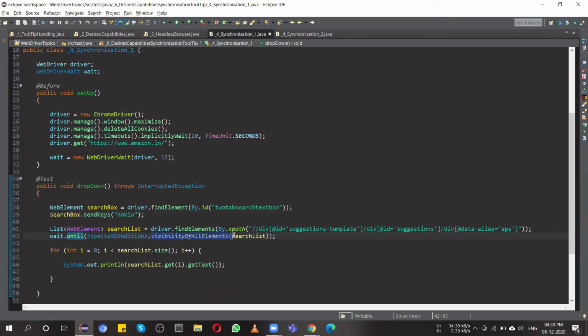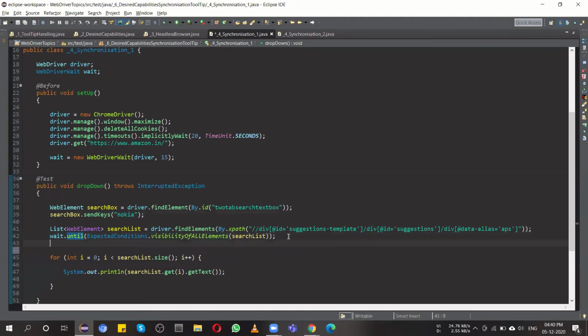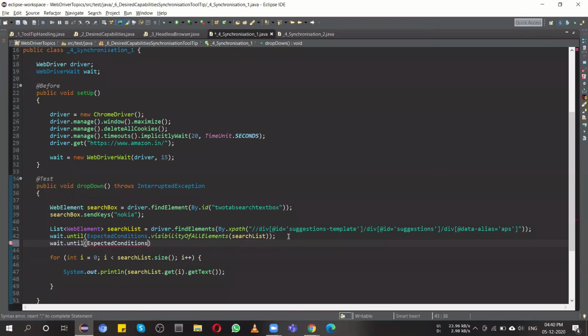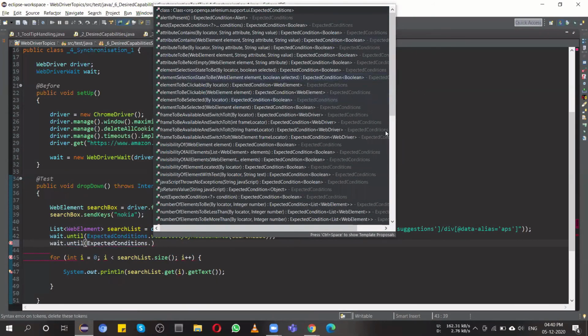If I try to demonstrate, wait.until, then ExpectedConditions is the class, and here you are able to see a couple of different methods, which are really scenario specific.